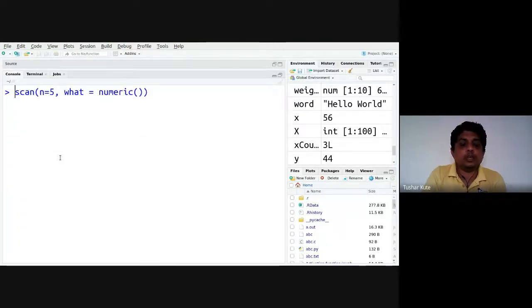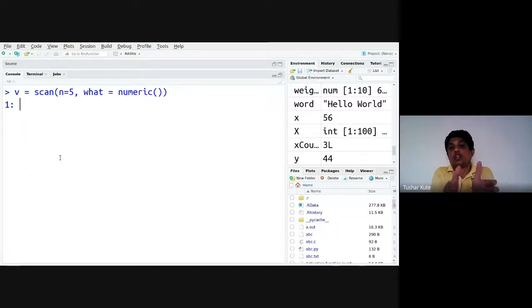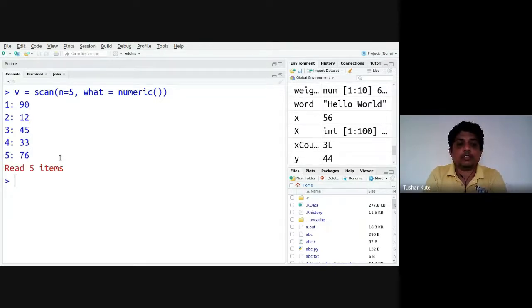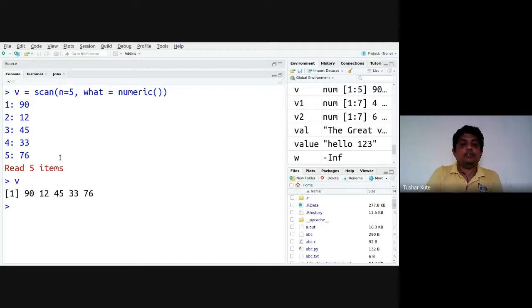Now I want to read numbers and store them in a vector like this. Scan, file, what element? Numeric type of data. So 90, 12, 45, 33, 76. Read 5 times.